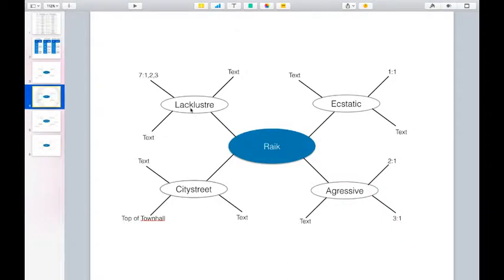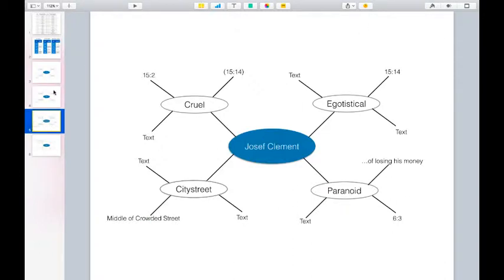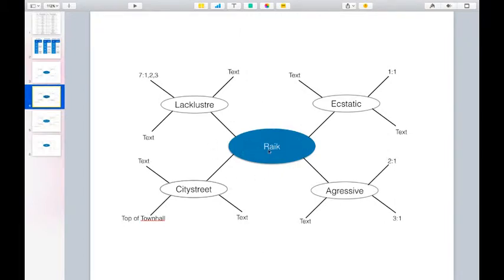There we have Reich, and he's got a lot of lackluster stuff right next to each other. So rather than put 7-1, 7-2, 7-3, it's just 7-1-2-3. He has all his characteristics displayed, more so than all the other characters. Why? Because he is the main character.